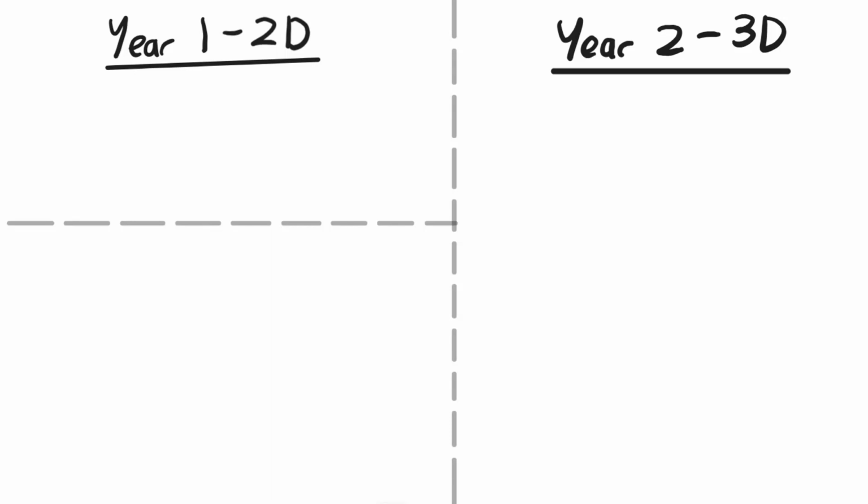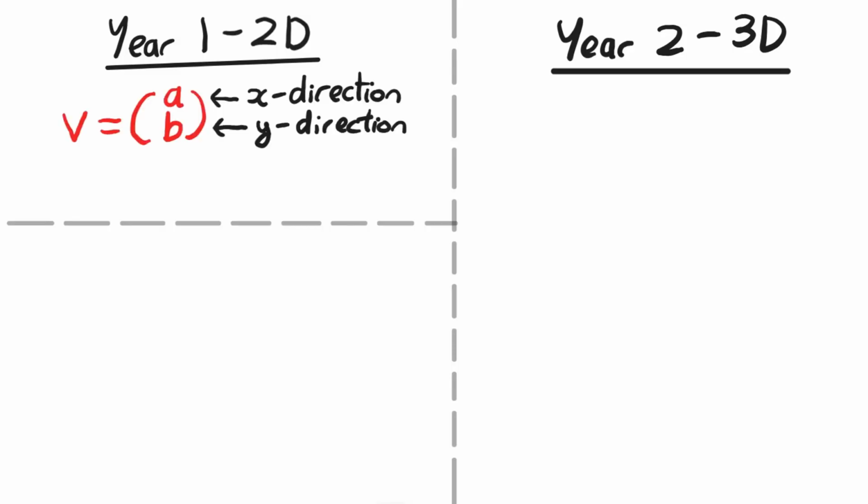So in year one, we talked about vectors in 2D. In year two, we learn about vectors in 3D instead. Now 2D and 3D vectors are very similar, but there are some small differences which I'm just going to cover quickly. So in year one, we showed that we could write a vector, let's call this vector v, in column